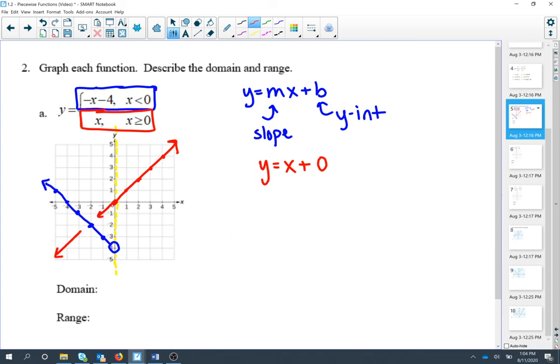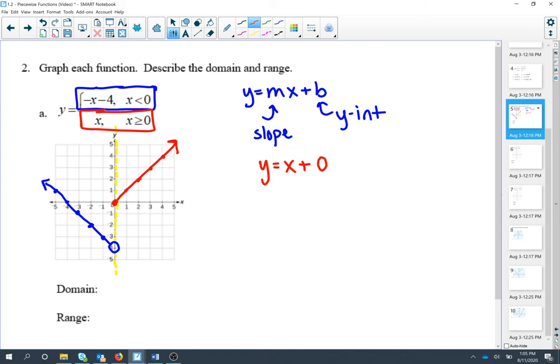But then I have to consider my boundary. My boundary over here says this graph only exists when x is greater than or equal to 0. Well, greater than means on the right. So now I have to go back and erase anything that I had on the left side of this graph. And then I also have to consider, when it hits the boundary at 0, should it be open or closed? Well, it says equal to, which means this one is going to be a closed dot,